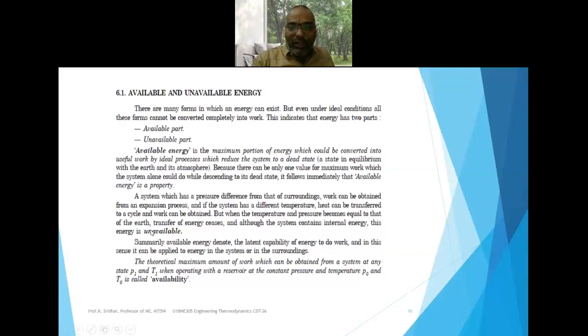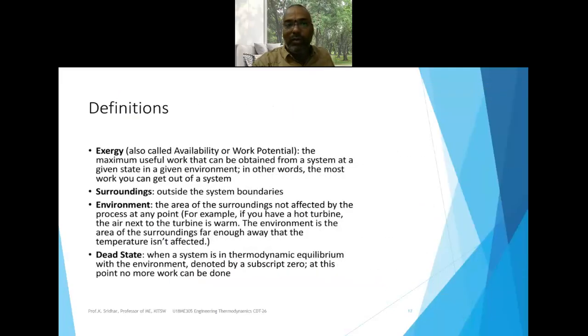Similarly, the unavailable energy is nothing but how much heat is rejected by the heat engine. Just now I told you that a Q2 amount of heat is rejected by the heat engine, so that is the unavailable energy. The summation of available and unavailable energy leads to the total energy of the system. And here the surroundings and environment also play a very important role whenever you are defining the exergy,